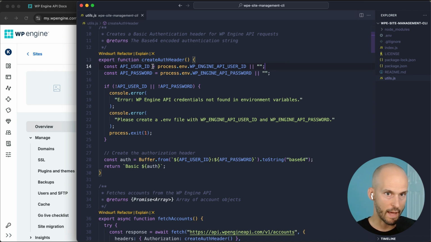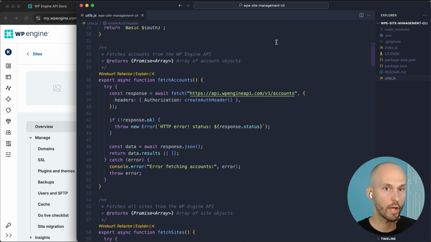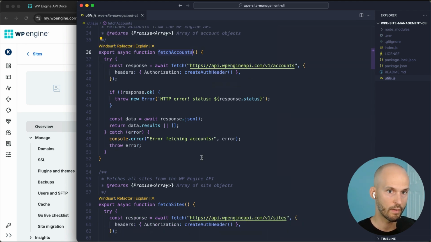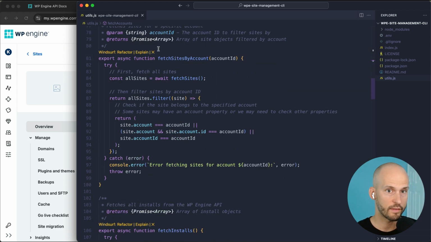But again, this just accesses the environment variables from the env file, stores those as variables, and then creates the authorization header that's used for all other requests. Below that, we have a number of other helper functions. So fetch accounts, you can see, hits the accounts endpoint here and returns that JSON response. We have fetch sites. We have fetch sites by account. So this accepts an account ID, and then it'll make sure the sites fetched are only the ones that pertain